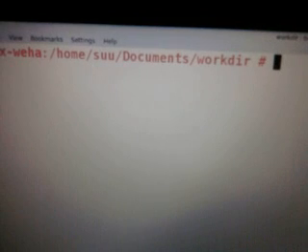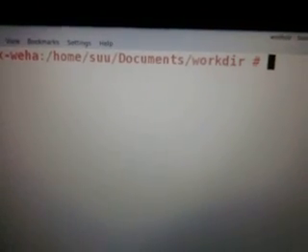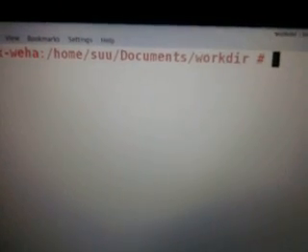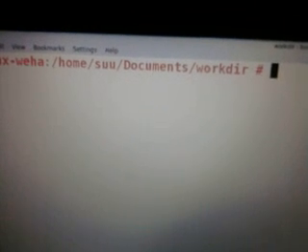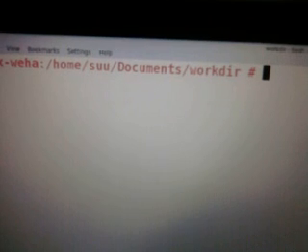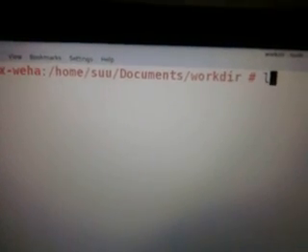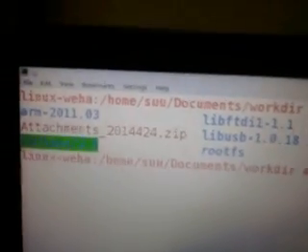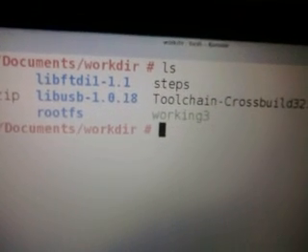So this is the terminal, and I opened it in the Linux operating system. My program is saved in Documents, in a working directory. The working directory is a folder, and I am in that folder. Let's check how many files there are, so I am typing the ls command. It will list all the files available in that directory.